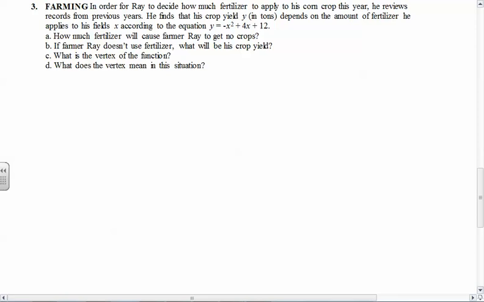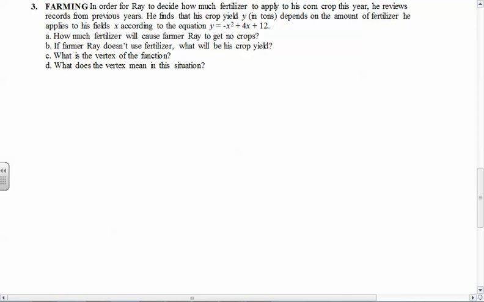Sweet. I love farming. We're going to do a question about farming. So we've got Farmer Ray. That's just such a cool name, Farmer Ray. So Farmer Ray is growing crops and he's using fertilizer. I'm sure he's using very good organic fertilizer or something. So don't get mad at him, he's not using like evil stuff. He's not going to damage the water supply or anything. He's just a normal old farmer, good old Farmer Ray, and he's going to use some fertilizer to apply to